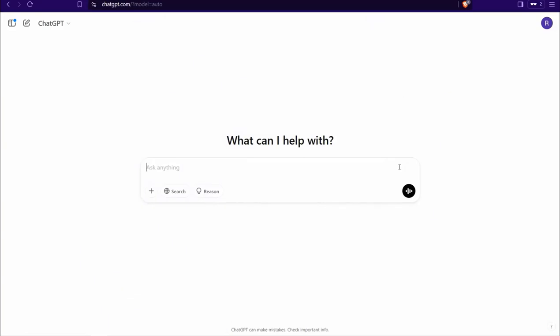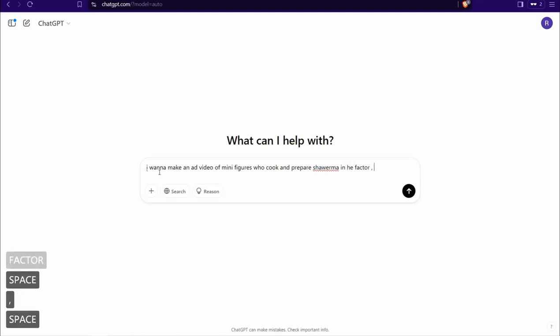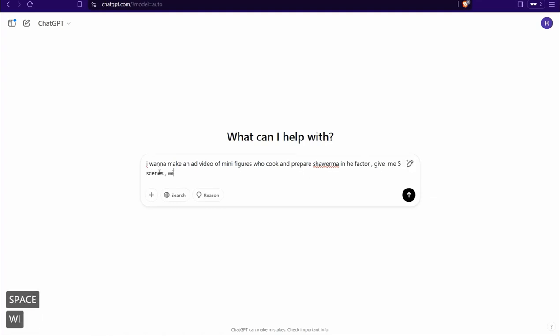And the first step here, just head over to ChatGPT, where we can ask it to get some prompts to create our images or the main scenes in our video. So simply we can answer this prompt like, I wanna make minifigures who cook and prepare something, like it could be shawarma, chocolate bars, pizza, and so on. So I select shawarma. Okay, prepare shawarma in the factory. So give me 5 scenes with their professional detailed